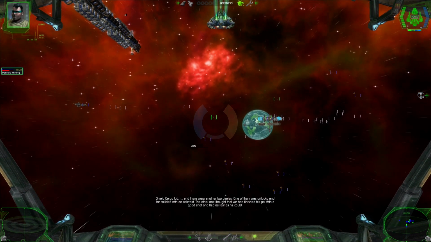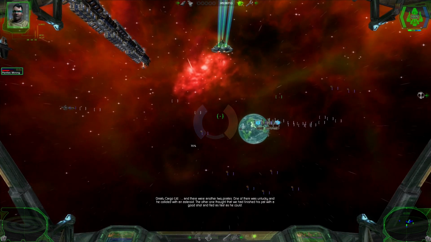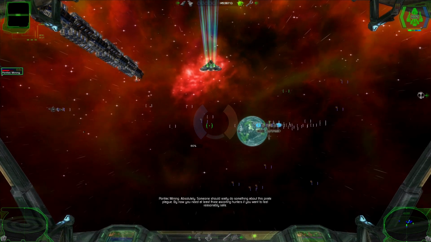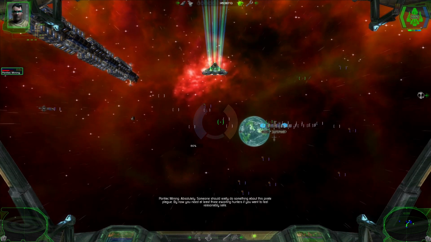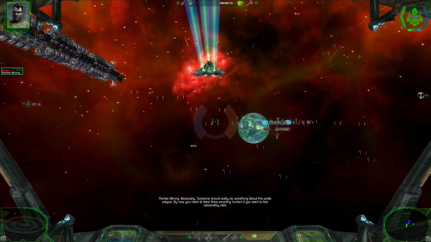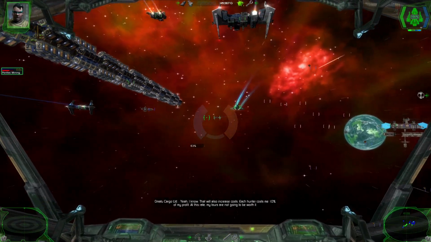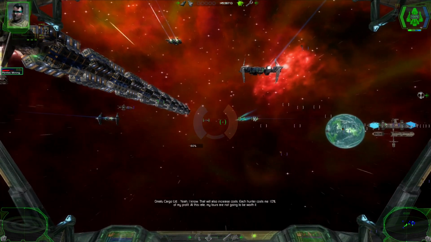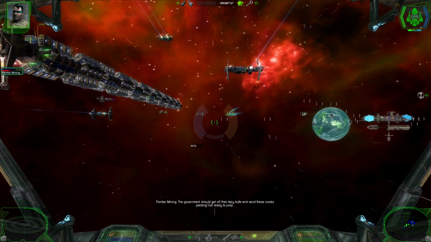And there were another 2 pirates. One of them was unlucky and he collided with an asteroid. The other one thought that he had finished his pal with a good shot and fled as fast as he could. Absolutely. Someone should really do something about this pirate plague. I know you need at least 3 escorting hunters if you want to feel reasonably safe. Yeah, I know. That will also increase costs. Each hunter costs me 10% of my profit. At this rate, my chores are not going to be worth it. The government should get off their lazy